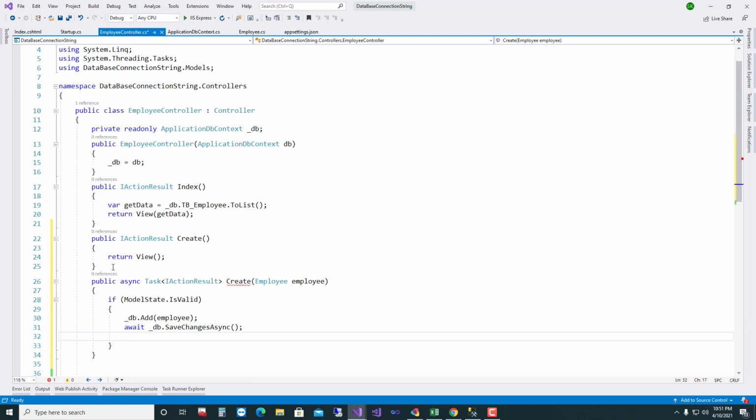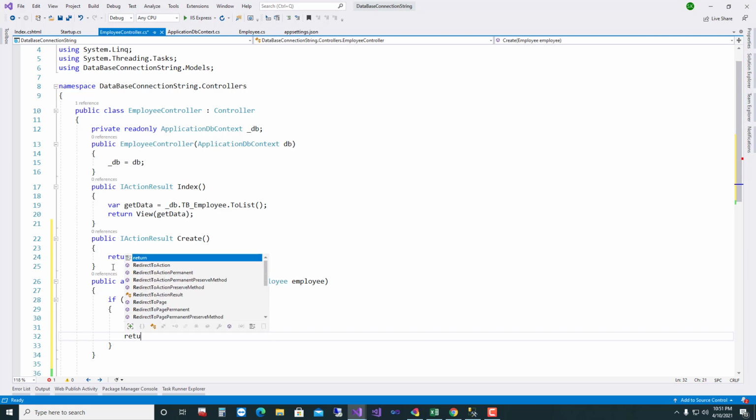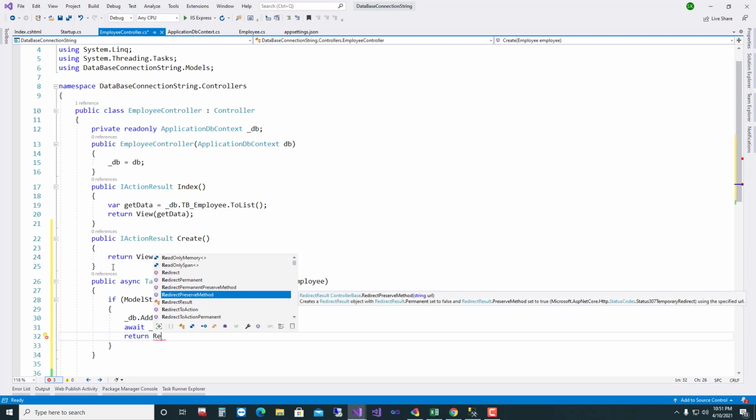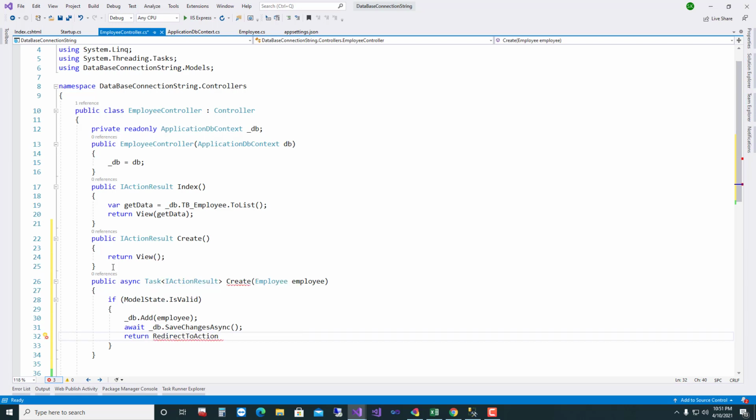After saving data, this page can be redirected to index page. So return RedirectToAction index.